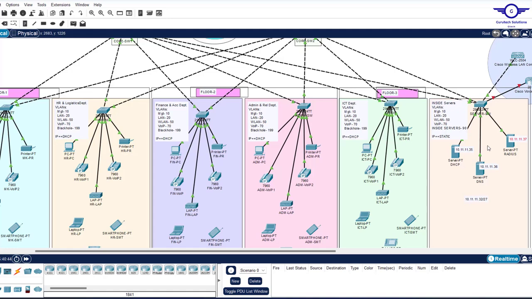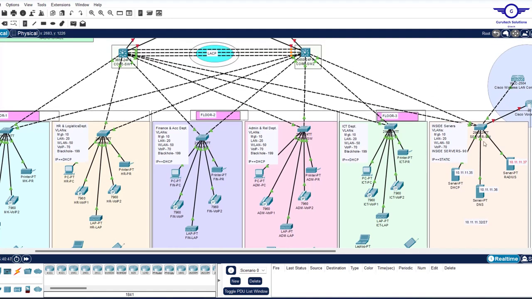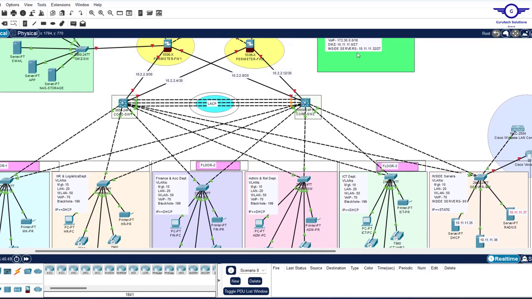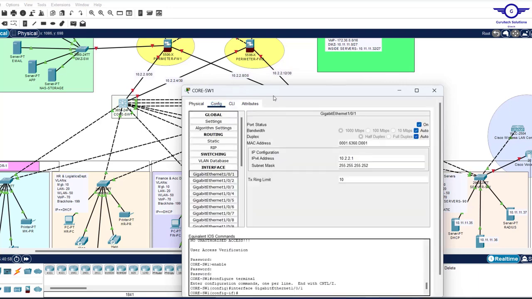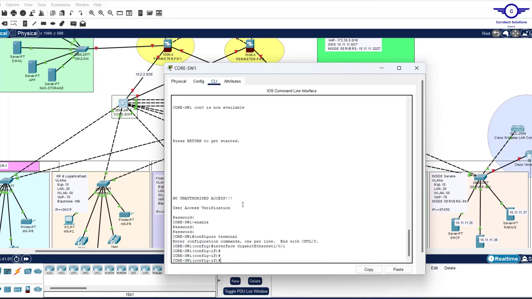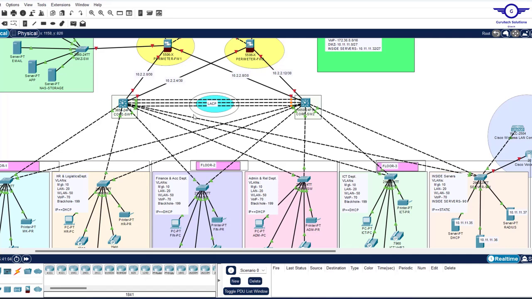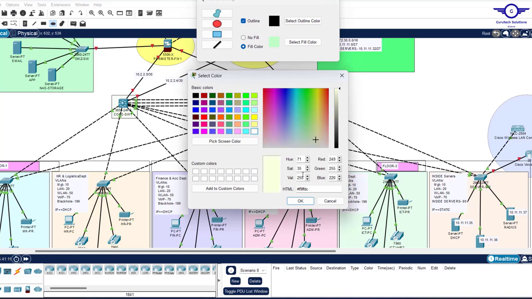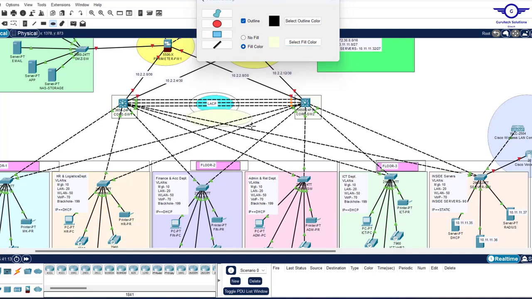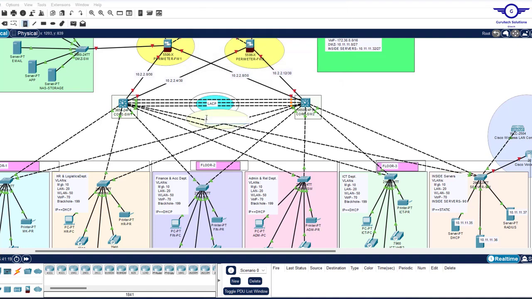So let's do HSRP plus inter-VLAN routing. It's very important. So how do we configure HSRP plus inter-VLAN routing? We configure HSRP inside the inter-VLAN routing entries. So here we want to do HSRP. I'll just use a yellow note and say HSRP. We're going to do HSRP between these two